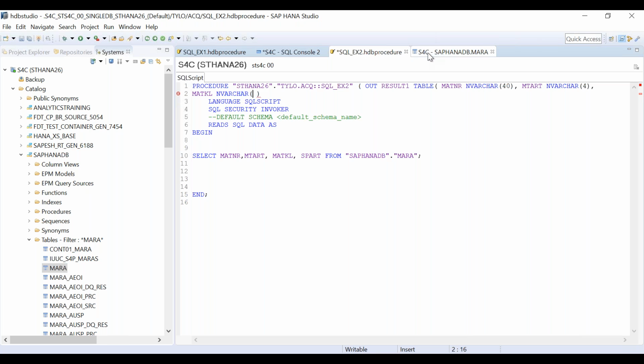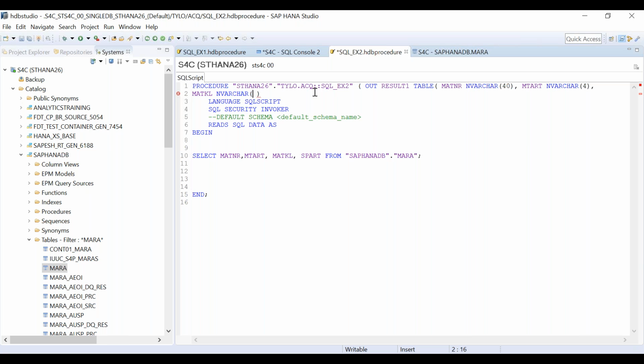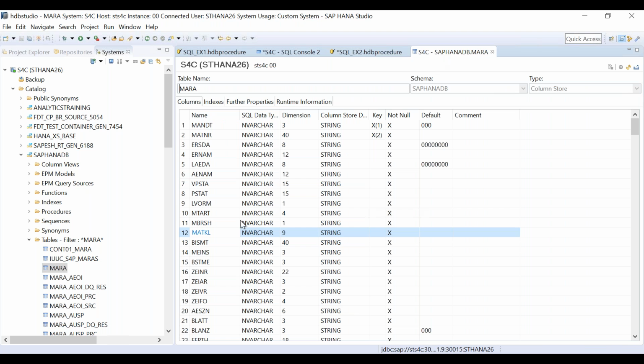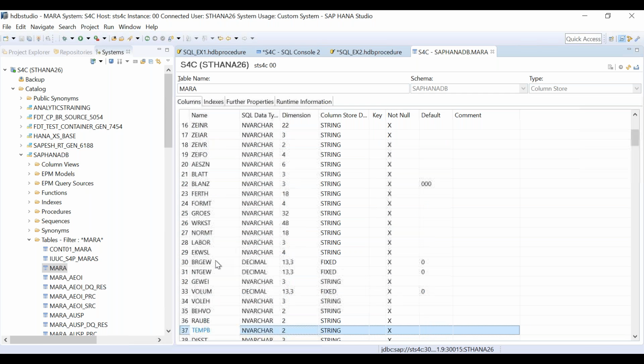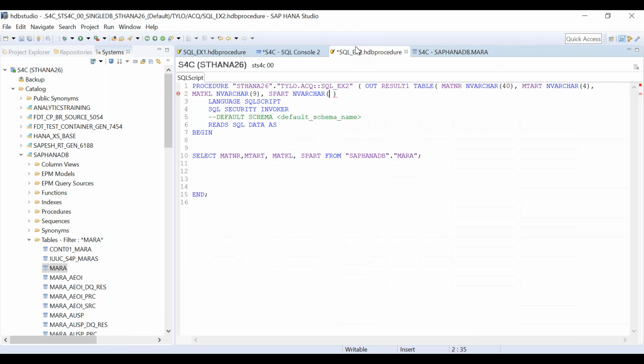What is the length? Matkl is again 9 characters. And the last one is spart, nvarchar. And how many characters is this? spart is 2 characters. Fine. So give that. Done.